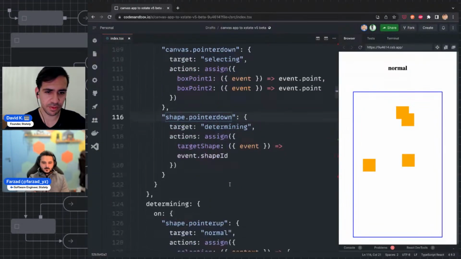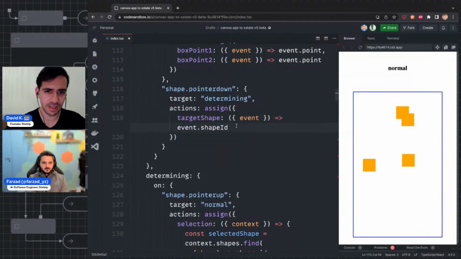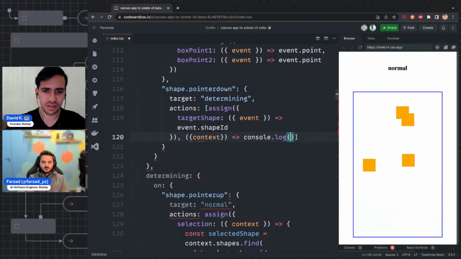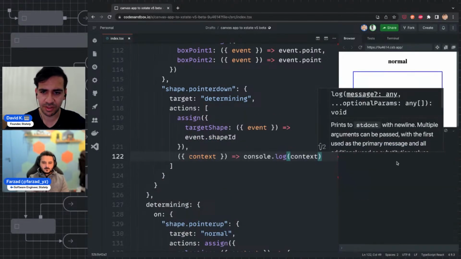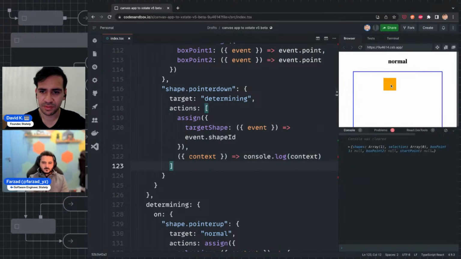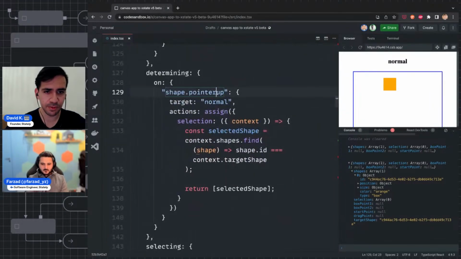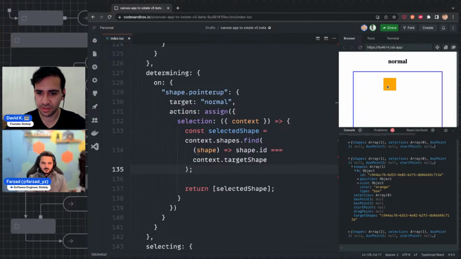Let's see, we have shape.pointer down. We are passing in the shape ID. So I could also do this. Assign, and then this context, console.log context, just to see what's going on over here. Okay, so yeah, we have target shape, we have our shape ID, and so that should be part of the selection when we do shape.pointer up. So let's see. And our selection